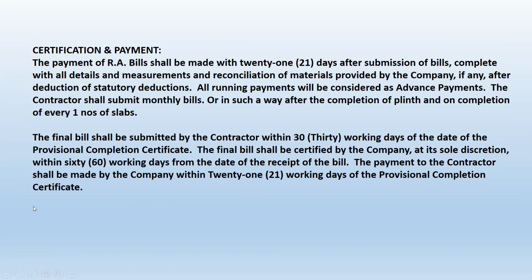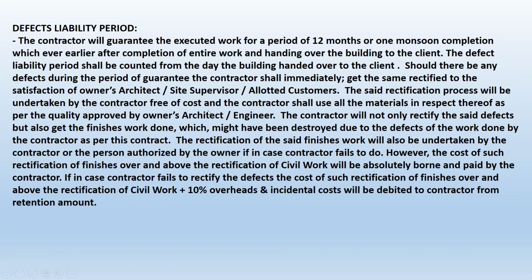Now comes the final bill. When the contractor will submit the final bill, that has to be identified, such as the contractor has to submit the final bill within 30 days of the provisional completion certificate issued by the client. Provisional completion certificate means the client will say all the work has been completed. That is what we call the provisional completion certificate. You have to mention it. The final bill, when it will get paid. Is it to be 60 days or 30 days, whatever. These are the conditions you have to make in the certification of the payment.